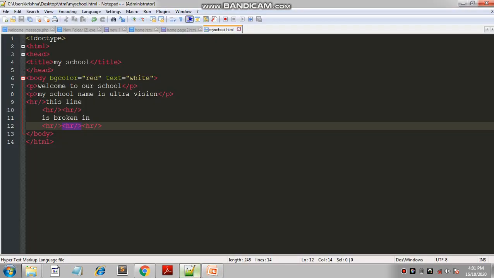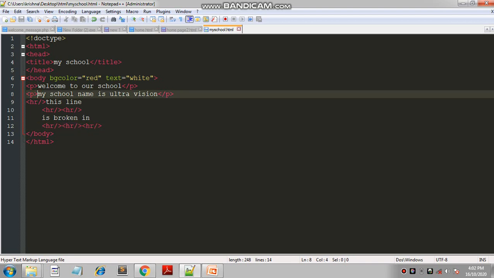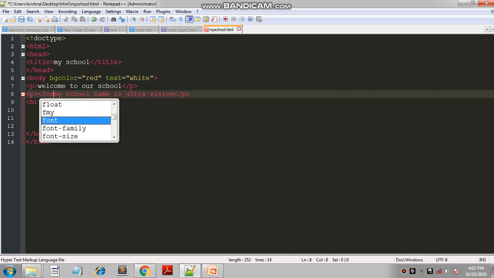Now, for a text color white for the whole web page, if we want to give the same font color on the whole web page, then we use the text attribute in the body tag. But now if we want to give a text color for a particular sentence, like this one, my school name is Ultra Vision, we want this line in a black font, then we use inside the P a font tag.